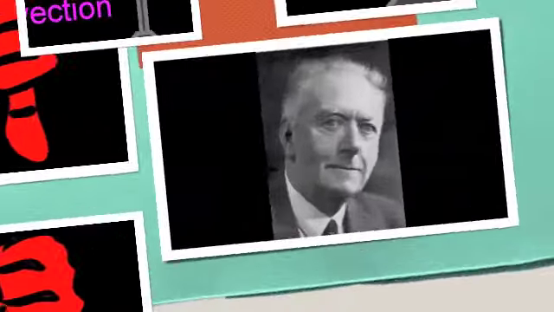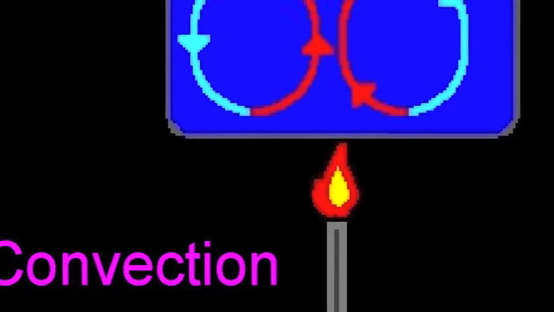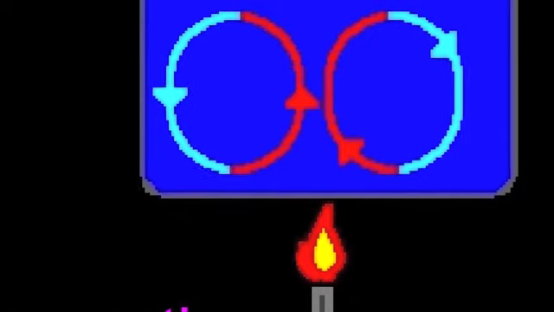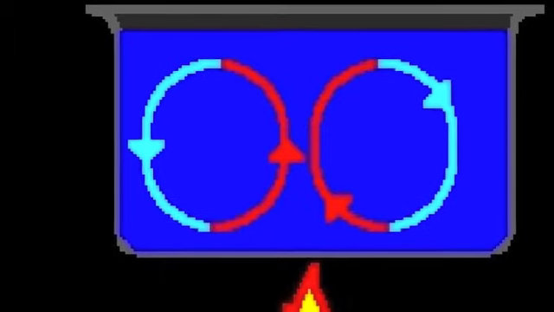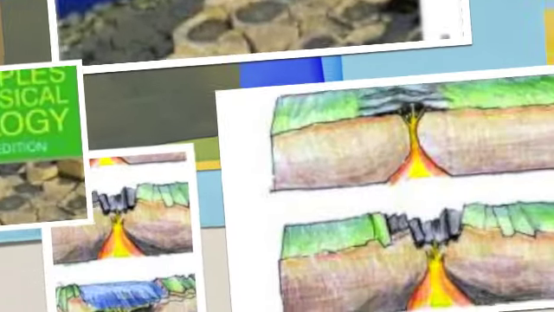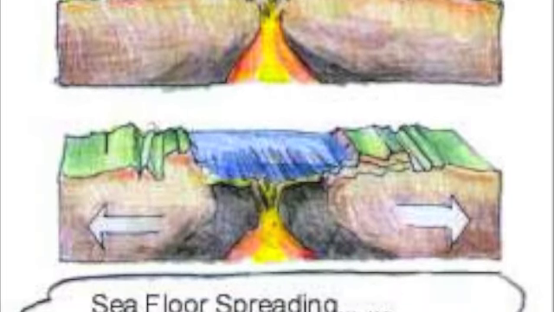Another geologist named Arthur Holmes said that convection currents were powerful enough to slide the continents around the surface. Holmes suggested that radioactive warming could produce convection currents within the Earth that generate an internal zone of slippage, which could account for the displacement of continental land masses. His theory, continental drift, was published in 1944 in his textbook Principles of Physical Geology, which formed the basis of the theory that prevails today.